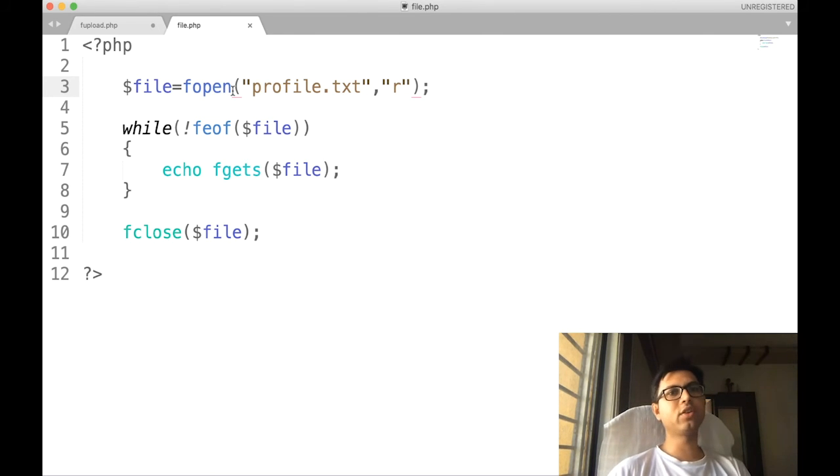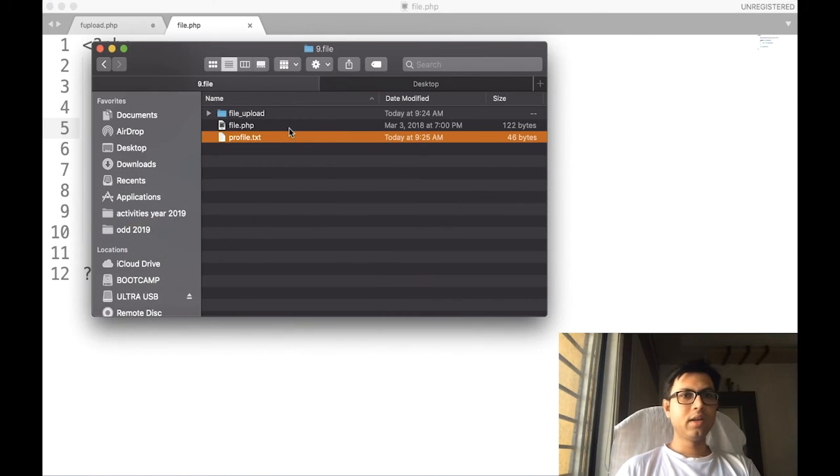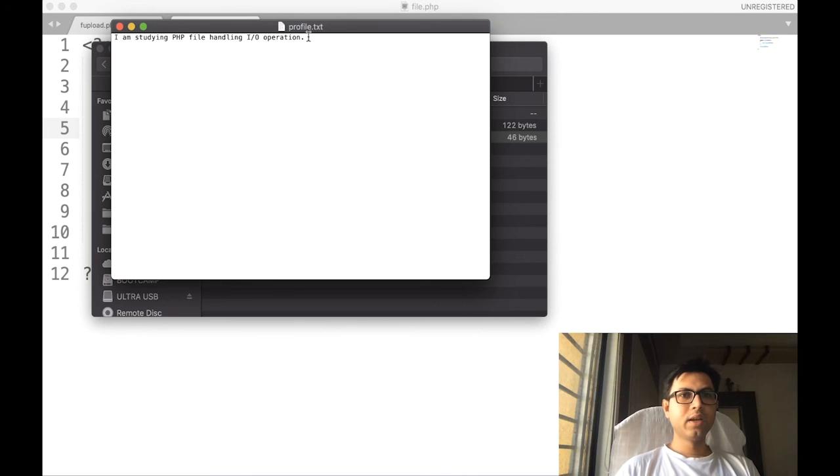So fopen is the function to open the file in the designated mode, and feof is the function to check whether the end of file is encountered or not. If you open this file and we reach over here, the operating system at the end stores the end of file character in its operating system terminology.